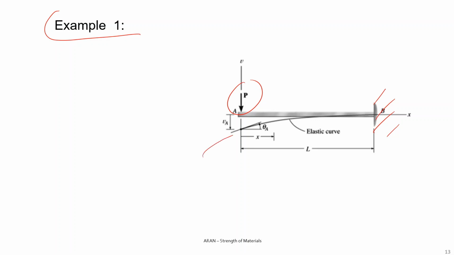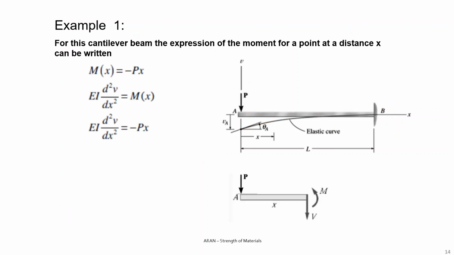Well, an example, you see a fixed support and the force P is acting, so we need the function of this elastic curve. We need a v(x) function. The first thing we do is to cut here, for example. If you cut, so this is your function. So if you take the left side and using this free body diagram, you can find that M